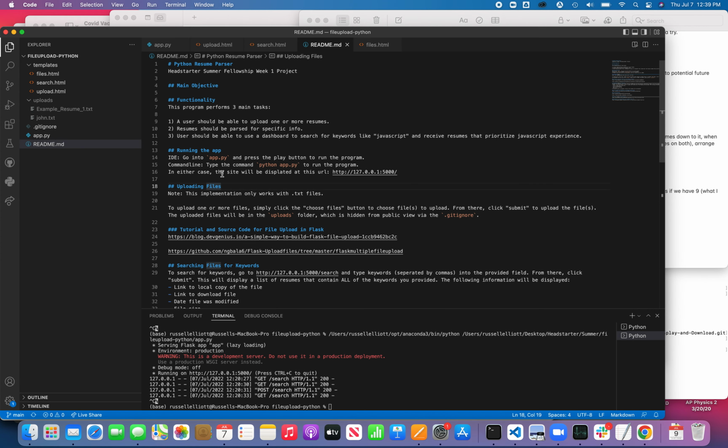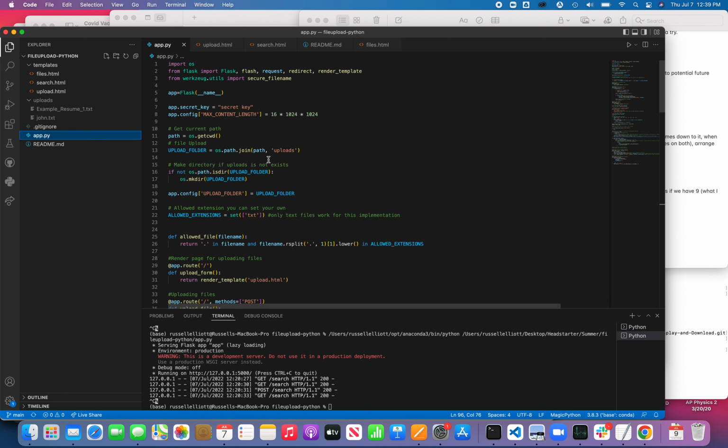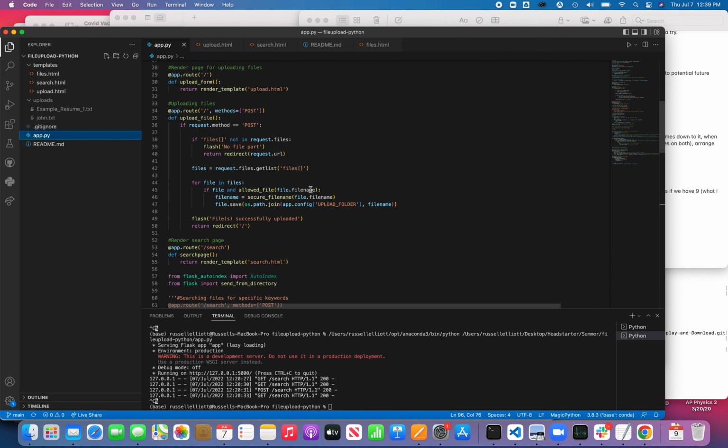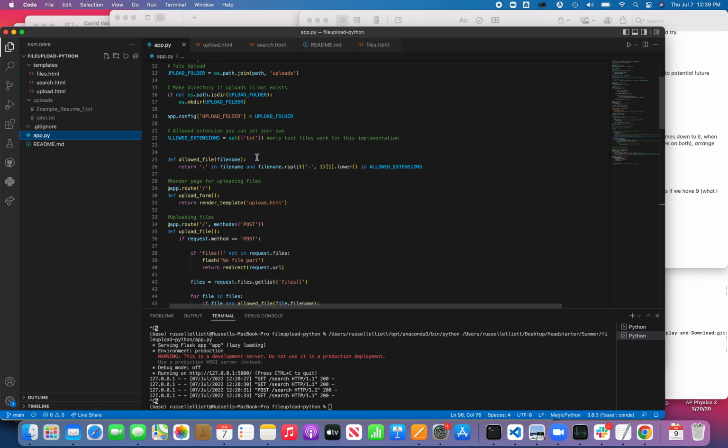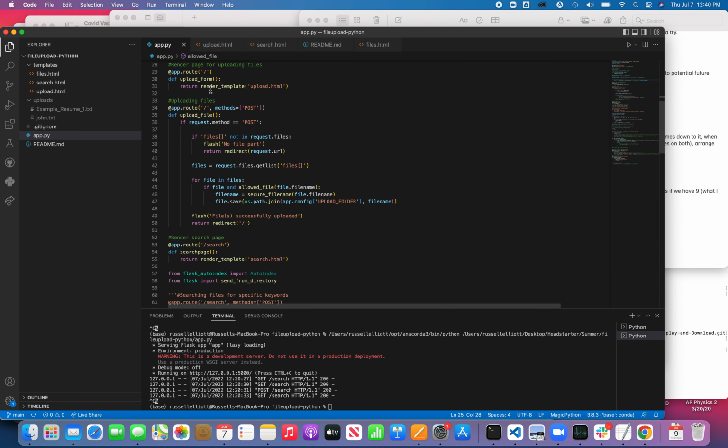Here's the README, just information. But here's app.py. This is the Python code that runs the program. You got this code that sets up the upload folder, and then this part only allows text files. So this is the set of files that are allowed. You got text, and this function tests if the file has extension txt. And then you got functions to render the upload page, and then this function is for uploading